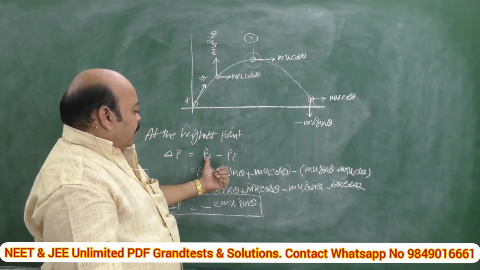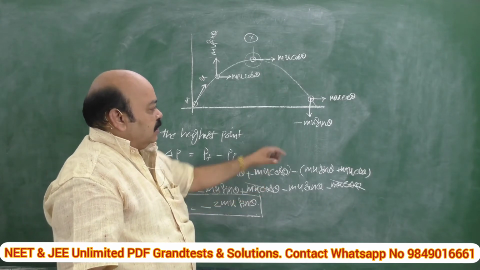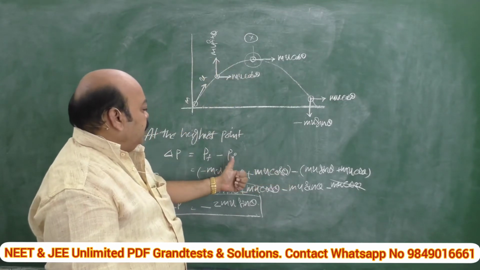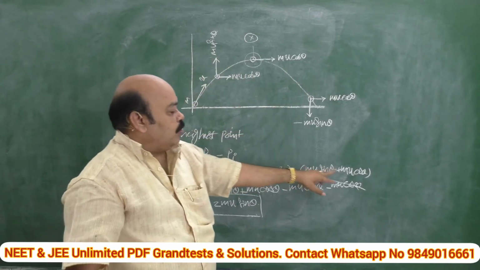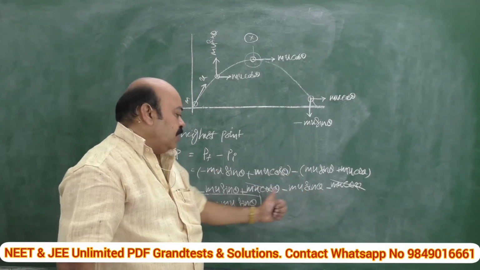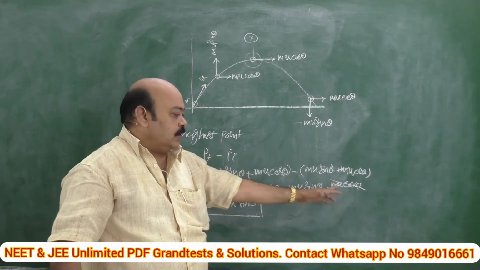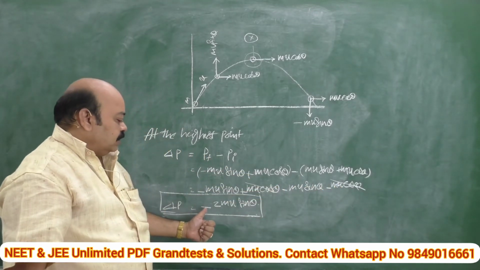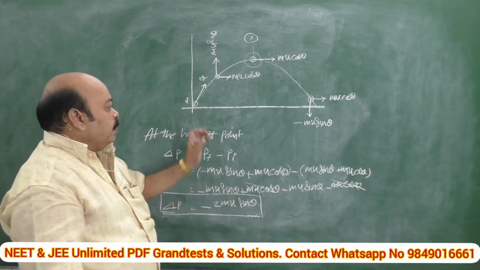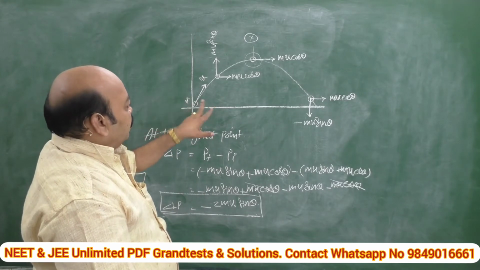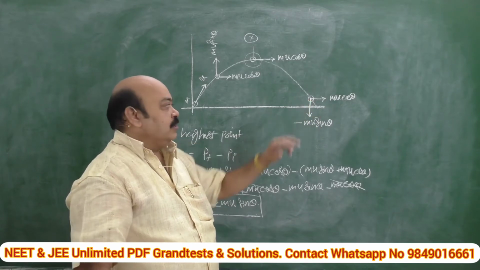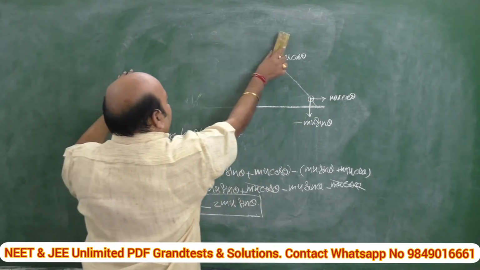That's why the final momentum is minus mu sin theta plus mu cos theta, the sum of these two, and minus initial momentum P, which means mu sin theta plus mu cos theta. Since the negative sign is in front of the bracket, the signs get changed. Mu cos theta minus mu cos theta, the horizontal components get cancelled. The net resultant is minus 2 mu sin theta. This is the change in momentum when a projectile completes its motion from the initial point to the ending point, which is called striking the ground. That's all. This is the change in momentum in case of a parabola.